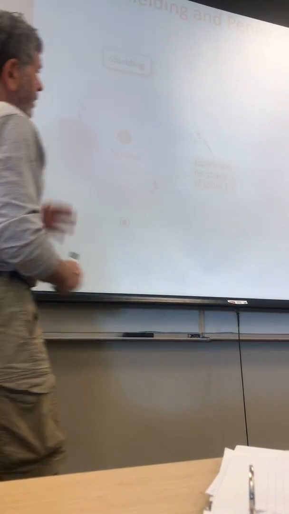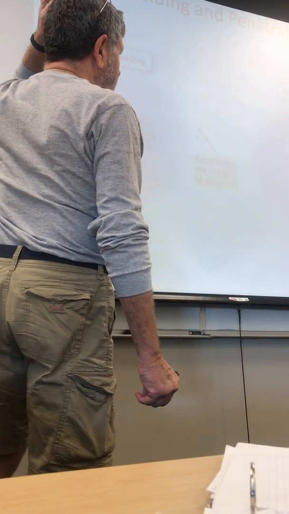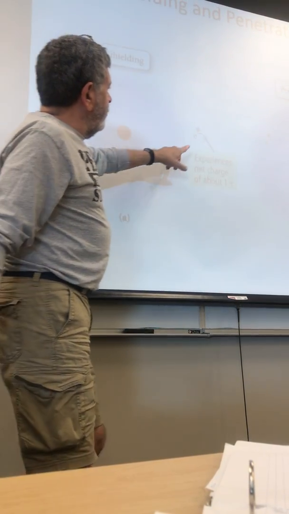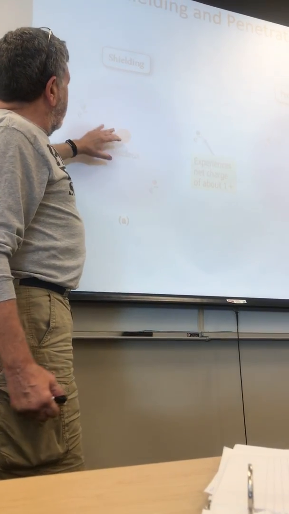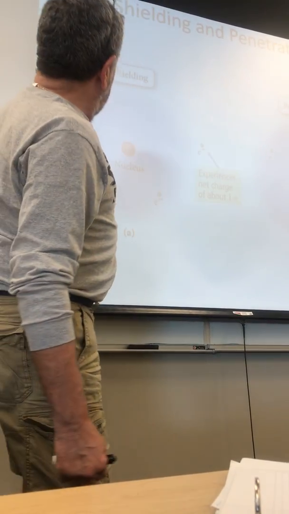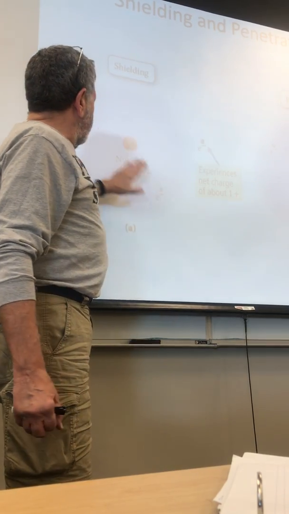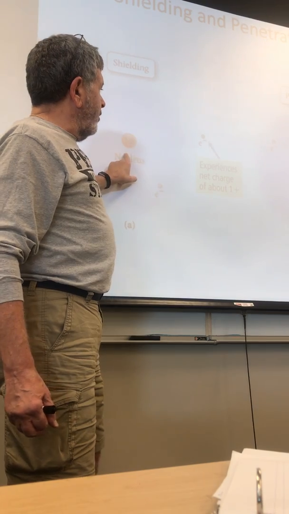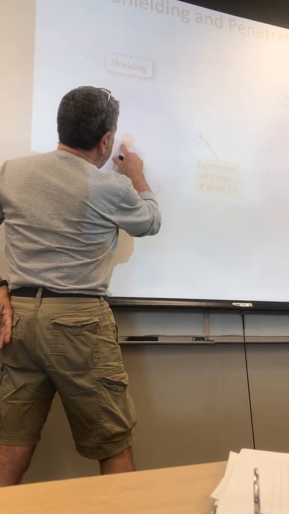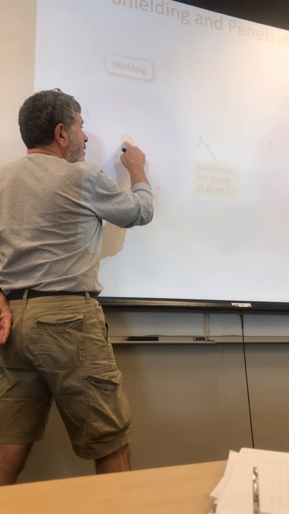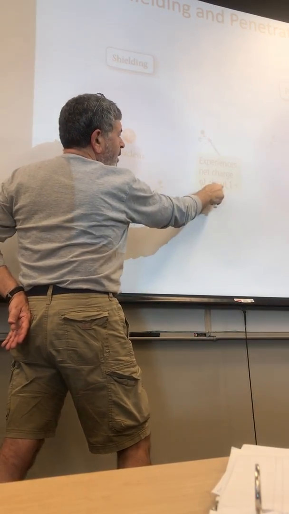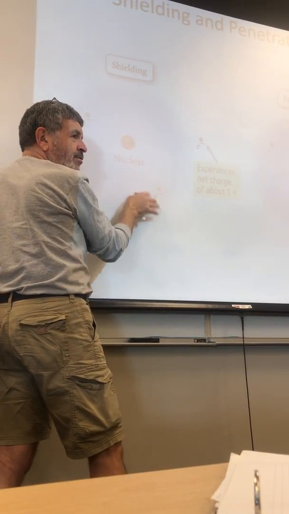So here's a picture of shielding and penetration side by side. Here's the nucleus. Here's an electron that happens to be in a spot where it's having some protection or shielding from the full charge of the nucleus. So instead of feeling the full effect of a positive 3 charge, it only really feels the effect of a positive 1 because these are taking up some of the